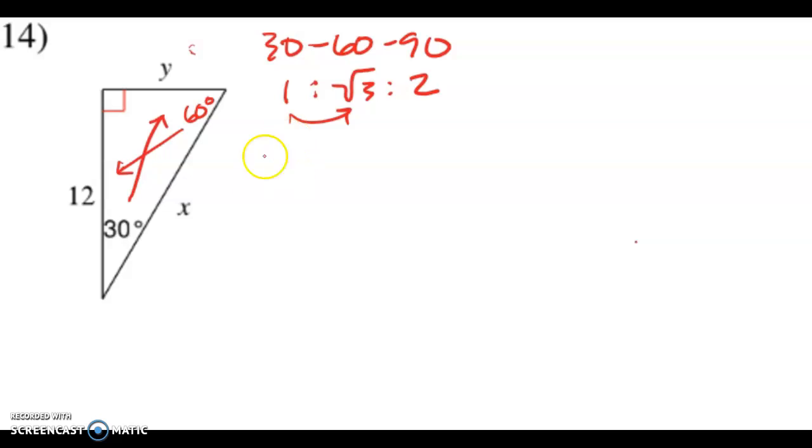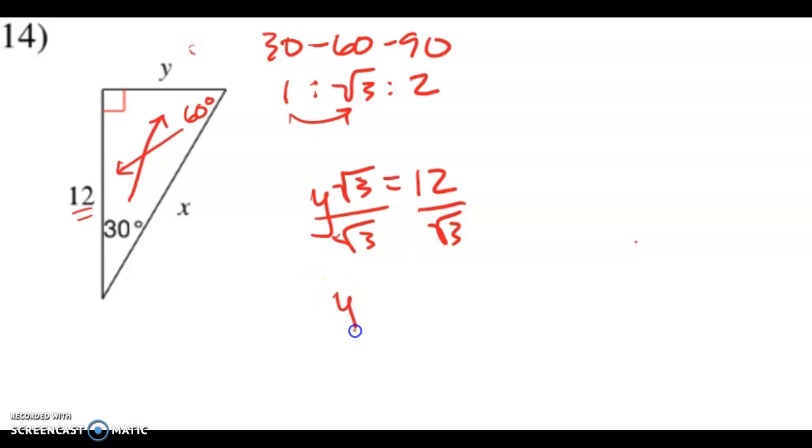So let's start there. So y is across from the 30-degree angle. When I multiply that by root 3, I get whatever's across from the 60-degree angle, which happens to be 12. So go through and solve for y. We divide by root 3, divide by root 3, and hopefully we recognize we got a square root in the denominator, so we need to get rid of that